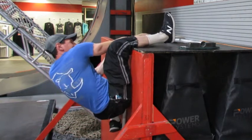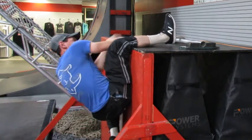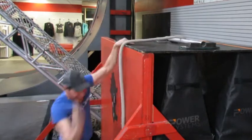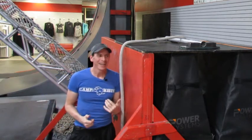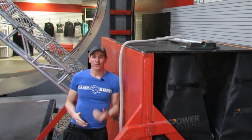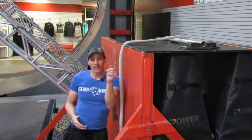So now you're in this weird leaning back position and you're kind of stuck and trying to figure this out, and yeah, that's not working at all. Perfect example. So what you want to do is do not try and lead with the leg. You want to lead with the upper body, no matter what style it is,